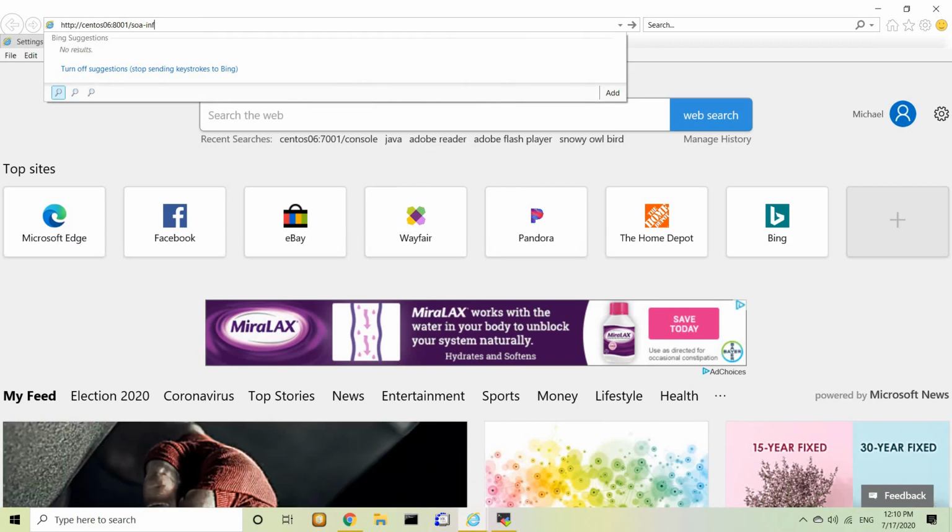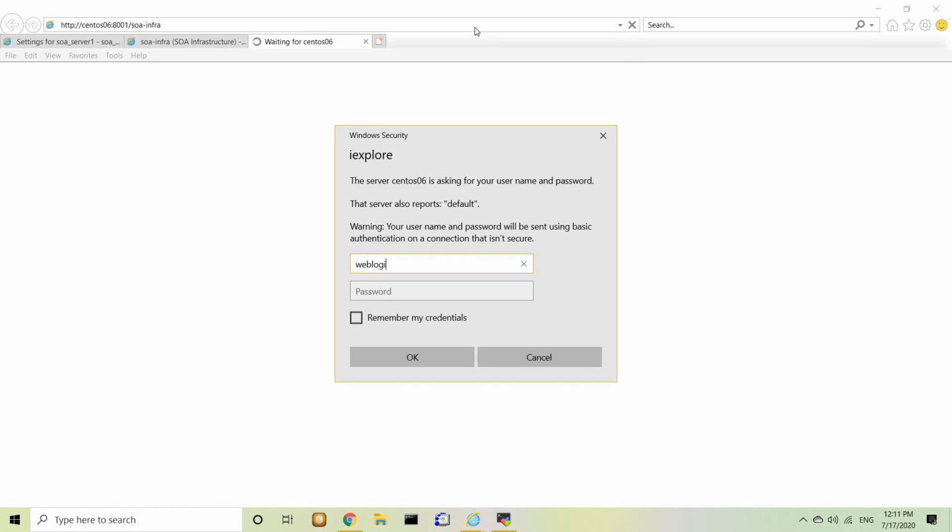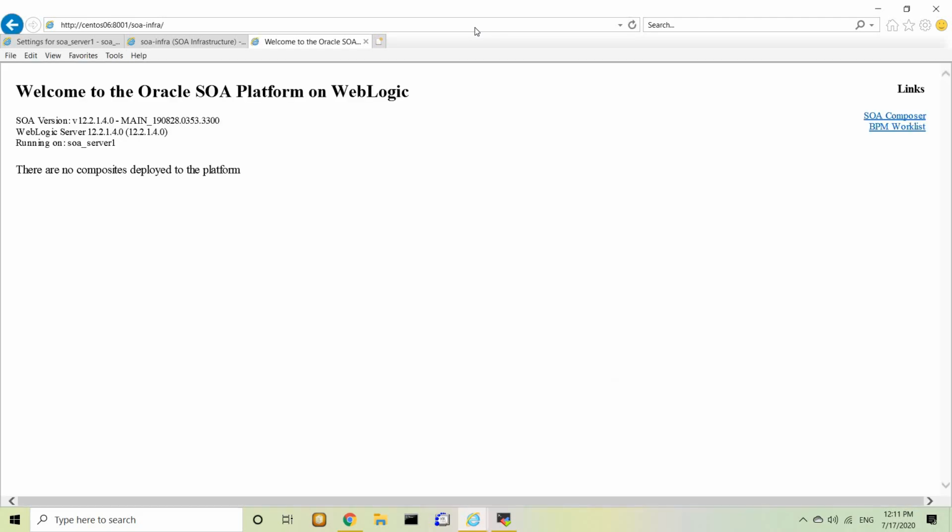SOA infra. You log in with the Weblogic again. There are no composites deployed to the platform because we just installed it and have not deployed anything. If you have composites deployed, it will show a list here, and you can click